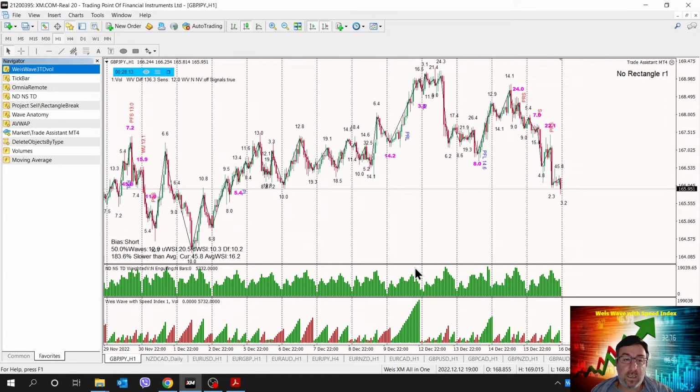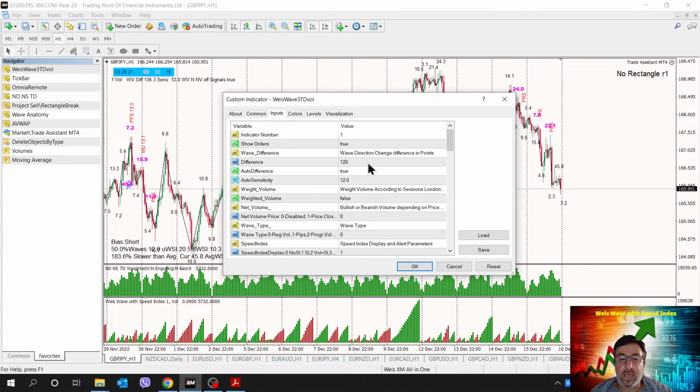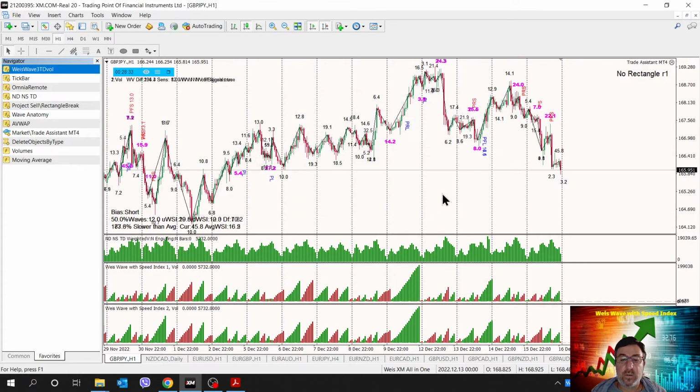If I want to add something different, either the wave type or a different setting on the indicator, then on the next drop I will change the number to 2. This signifies different indicator settings. For example, I will change this setting. Okay, so right now I've got 2 different indicators, and each one has its number, which is displayed here. See, speed index 1 and speed index 2.